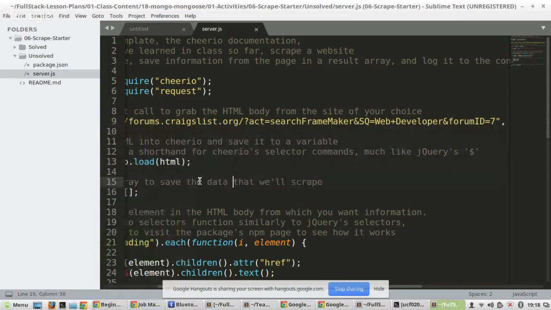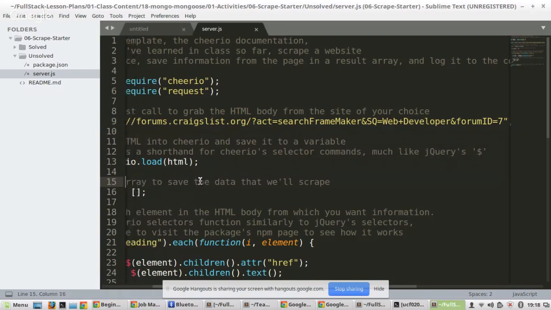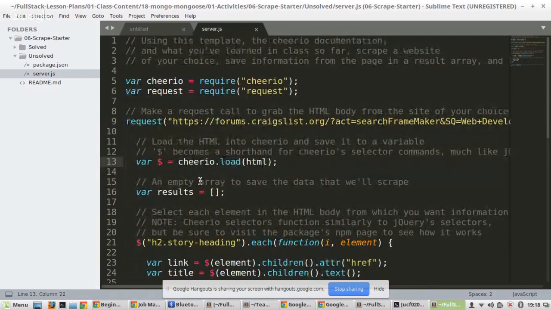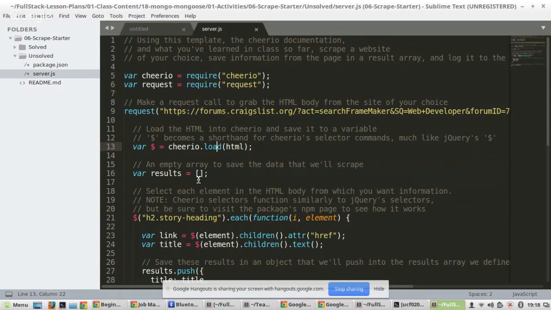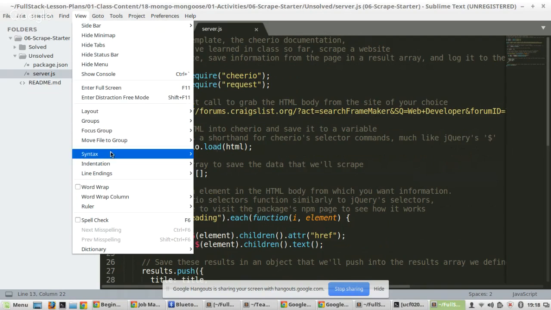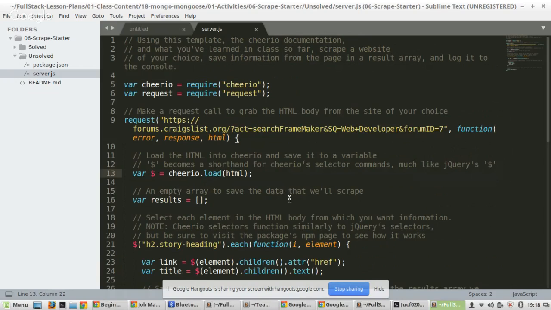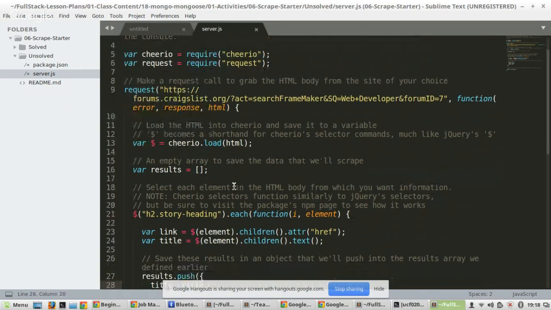Okay, so let's go ahead and so we have that link now. We have our Cheerio, it's going to take the HTML. We have the empty results array. So what's the first thing we're going to do? We got to find the span tag or the tag of the class of what was it? Dot title. Dot title. Okay. So hold on. So where do you want me to go? So we could call it. So we're going to change that